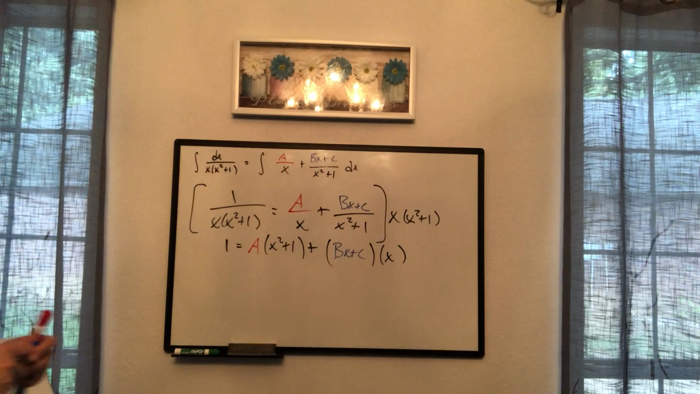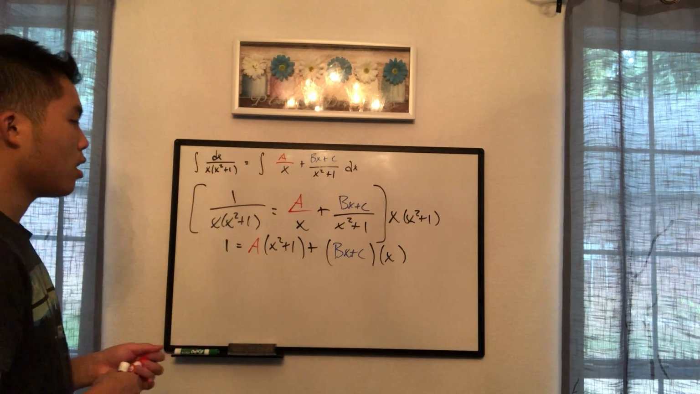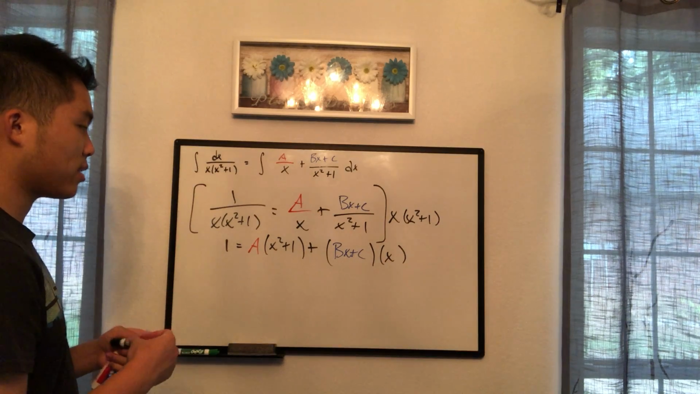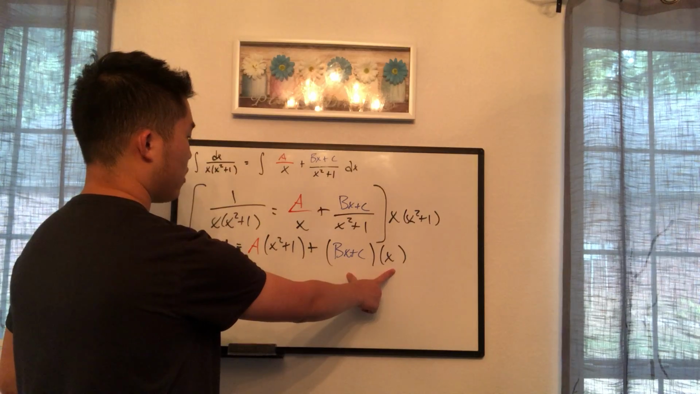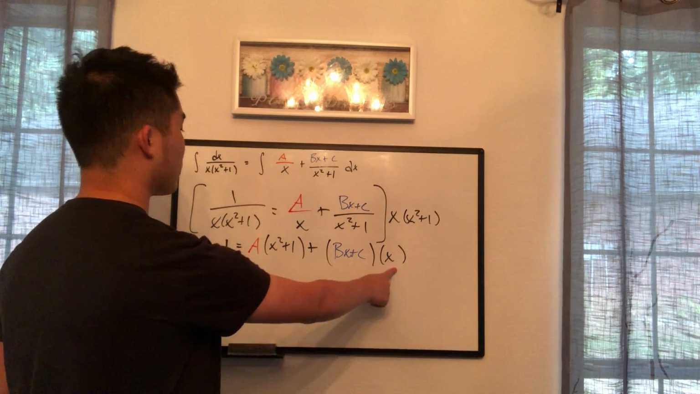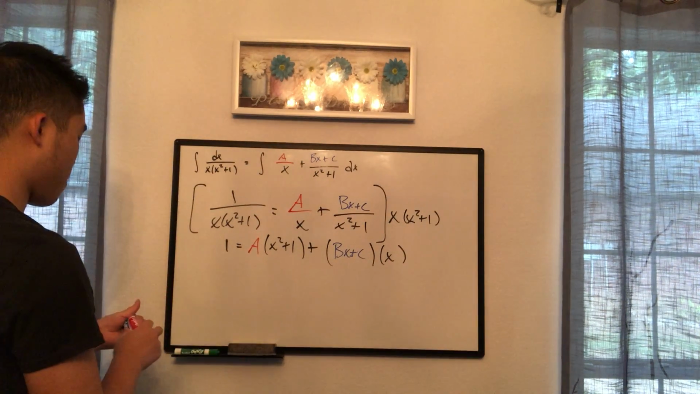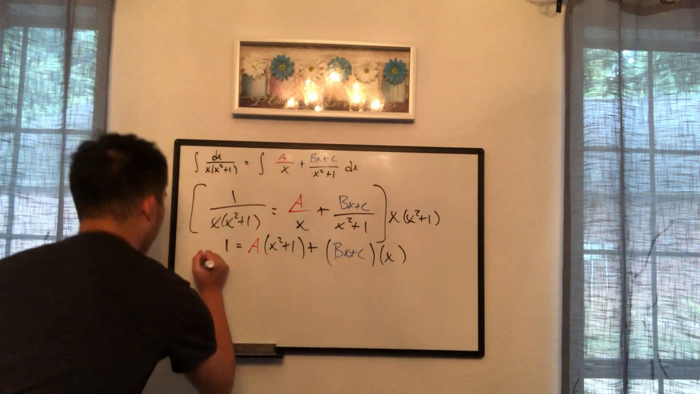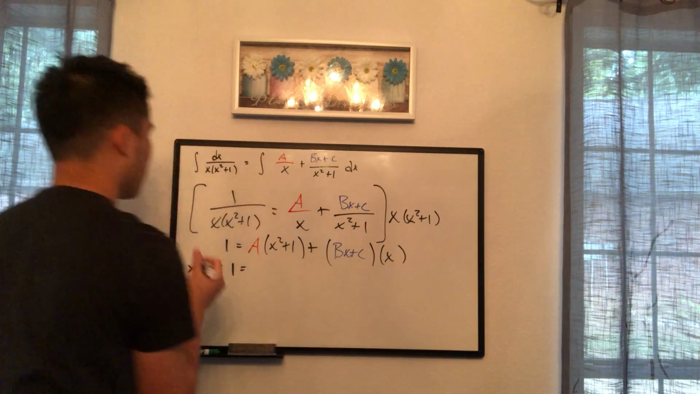The easiest one to solve for first is A. By doing that, we can set x equal to 0. If you look over here, we have this single x term times Bx plus C. So if this x was 0, it's going to eliminate the Bx plus C, leaving us with just A. So by setting x equals 0, we have 1 equals